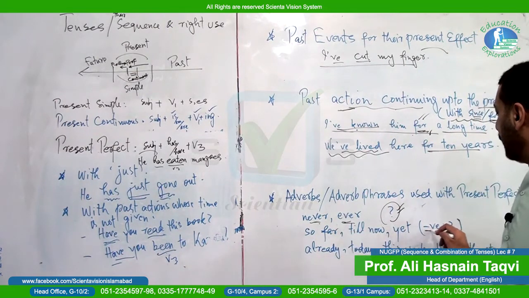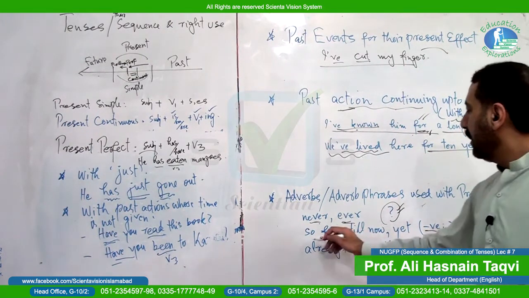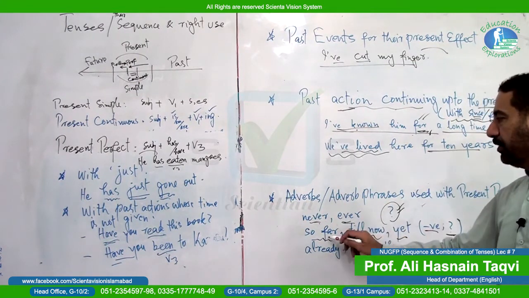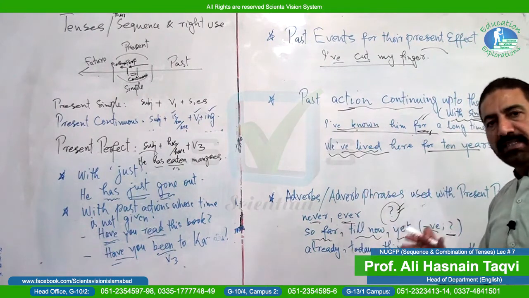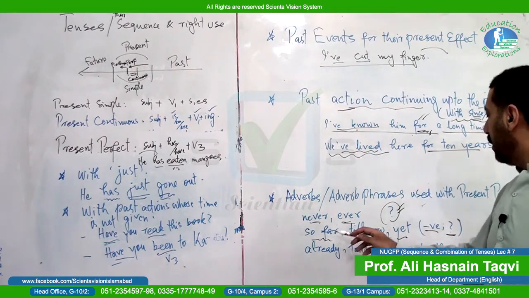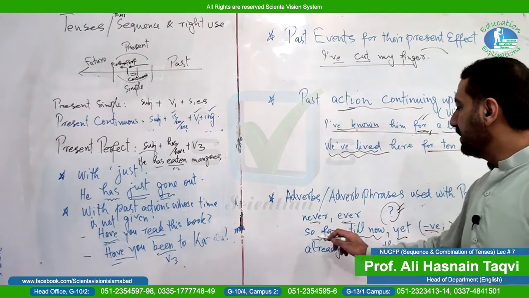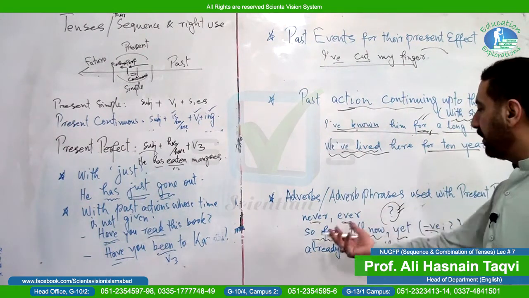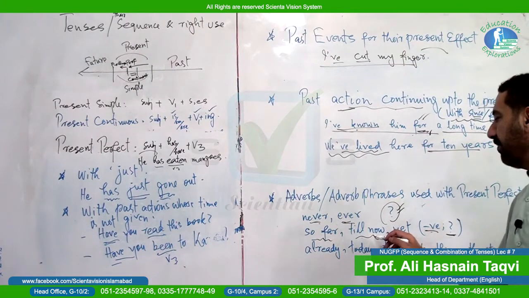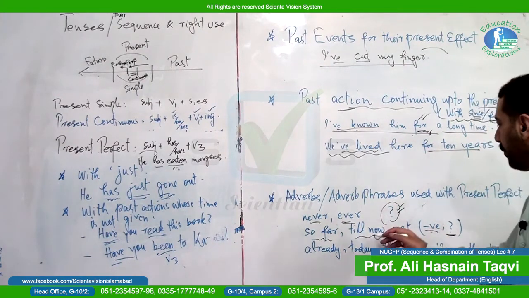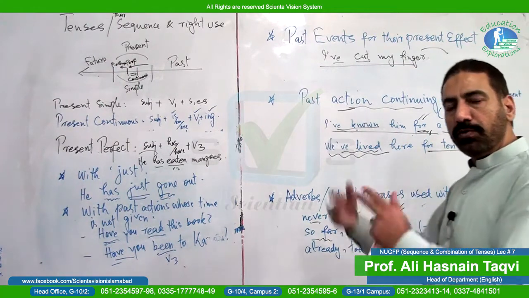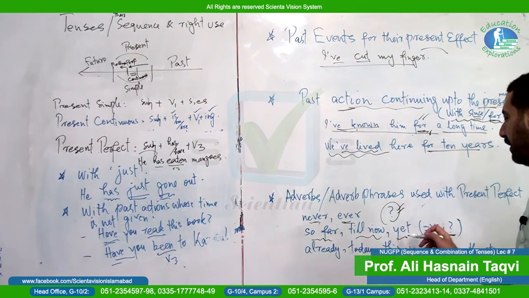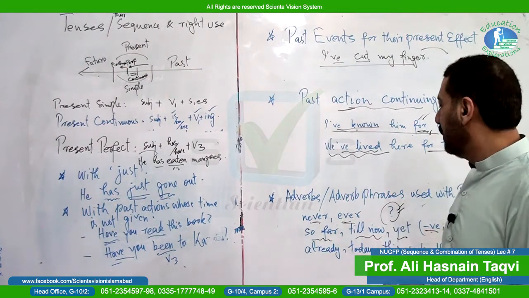Again, for negative and for interrogative, if you come across these expressions of adverbial nature, you make up your mind that your sentence has to be in present perfect. Like if I say negative, he has not done it so far. So far has demanded present perfect tense. We have not reached there till now. So till now has provoked you to go for present perfect tense. Even interrogative can be made through such structures, like